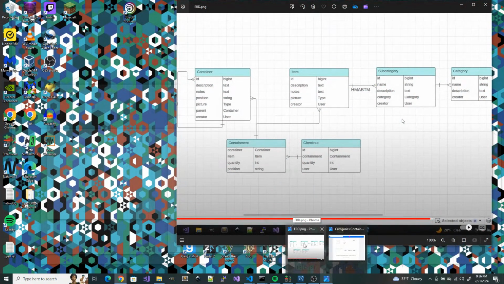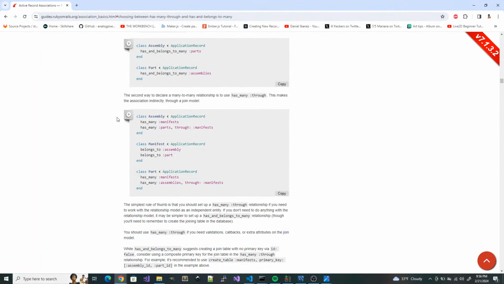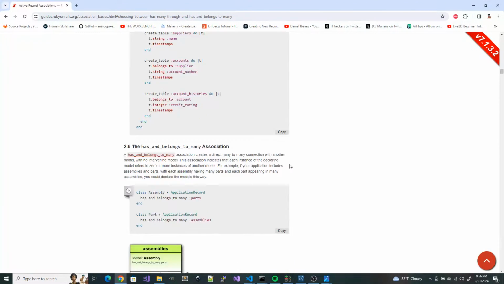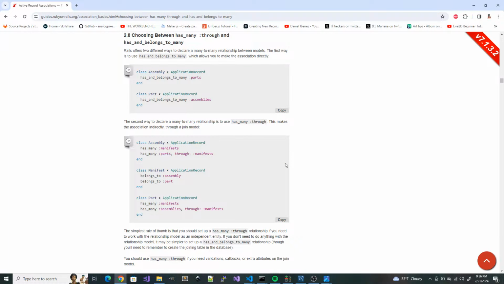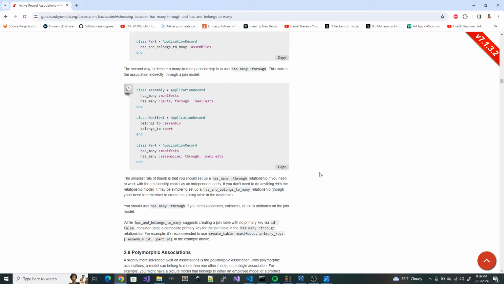So container has many items through, many through... table manifests primary key. Okay, so